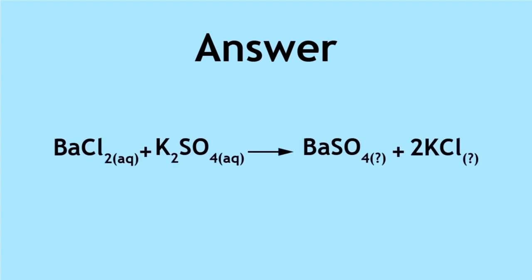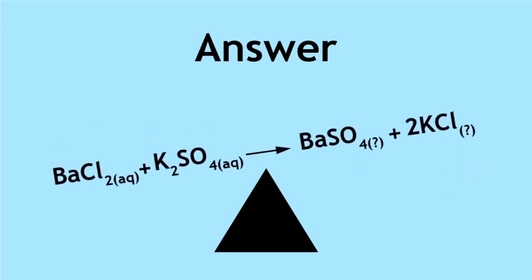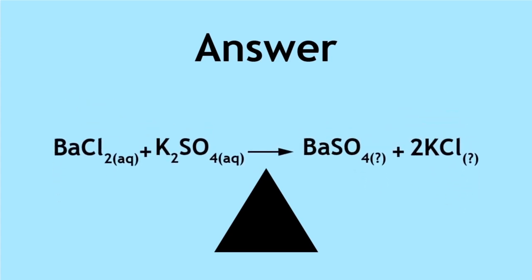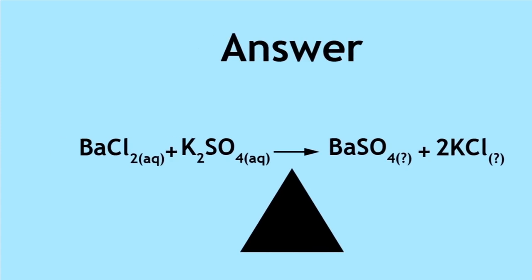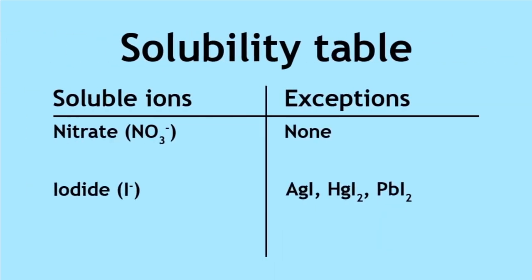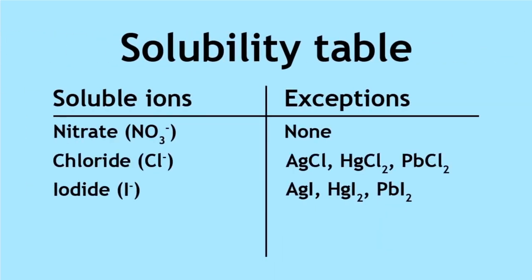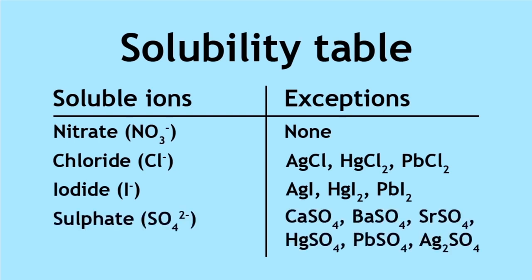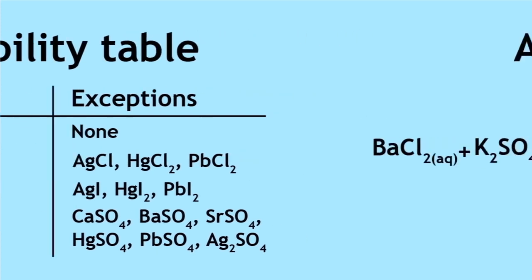The answer is, did you remember to balance the equation? And did you get the correct answer? Using the solubility table, we can see that almost all chloride salts are soluble in water, so potassium chloride in water forms an aqueous solution. Almost all sulfate salts are soluble, except for a few, with one of them being the barium sulfate precipitate. So, the reaction equation, including all the state symbols, is